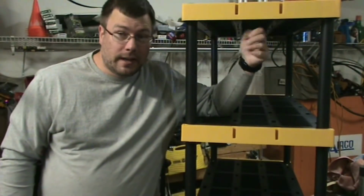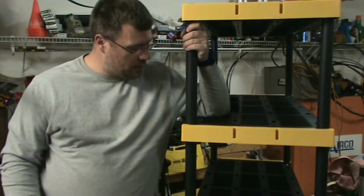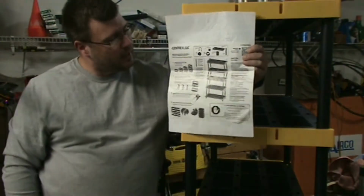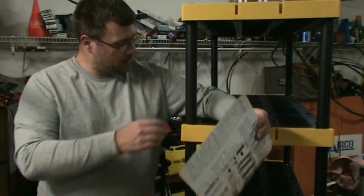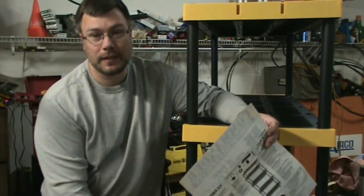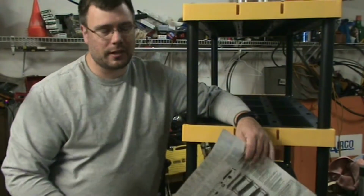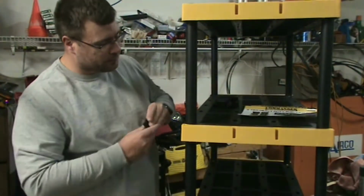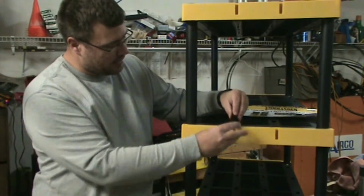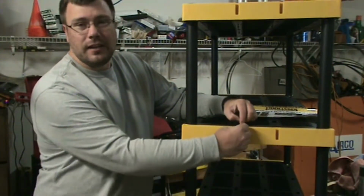Normally I do a video on how to assemble stuff and use it. It's a shelf. There's instructions on the back of the tag. It's fairly easy to do. Just make sure there's a small end. That end goes down. Other than that, it has adjustable feet on the bottom in case the surface you're putting it on isn't level. There's these little tracks on all four sides that these go into, and you can tie